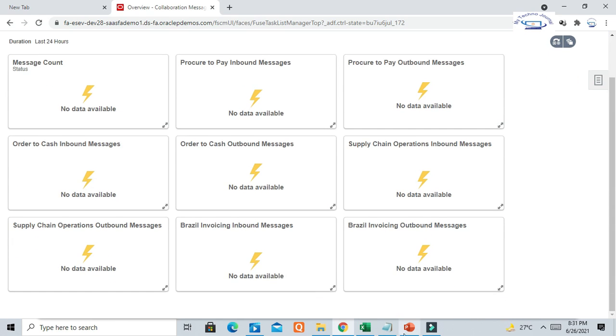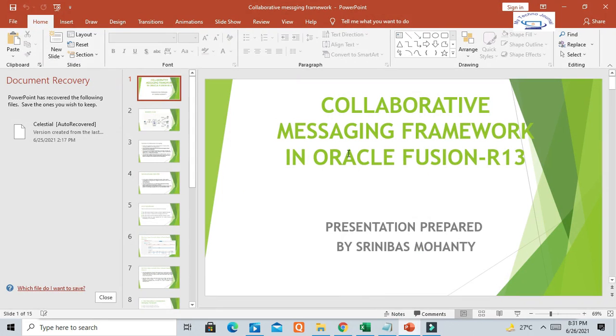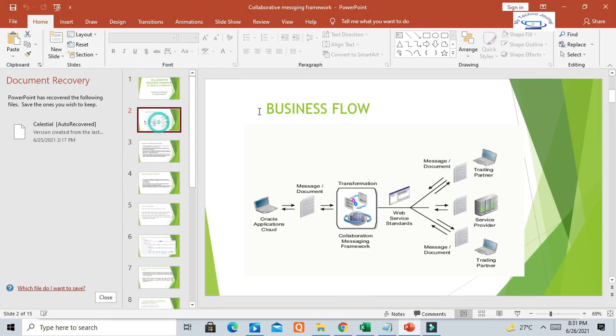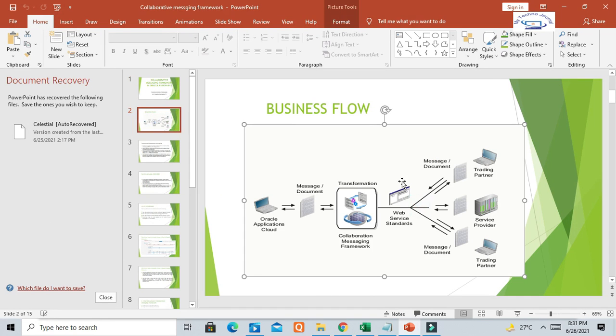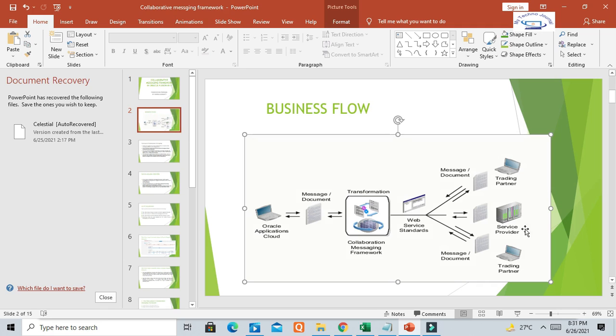So let us go to my PPT and try to understand what exactly collaboration messaging is, right? You can see here how it works. Basically, here you can see the Oracle application cloud.